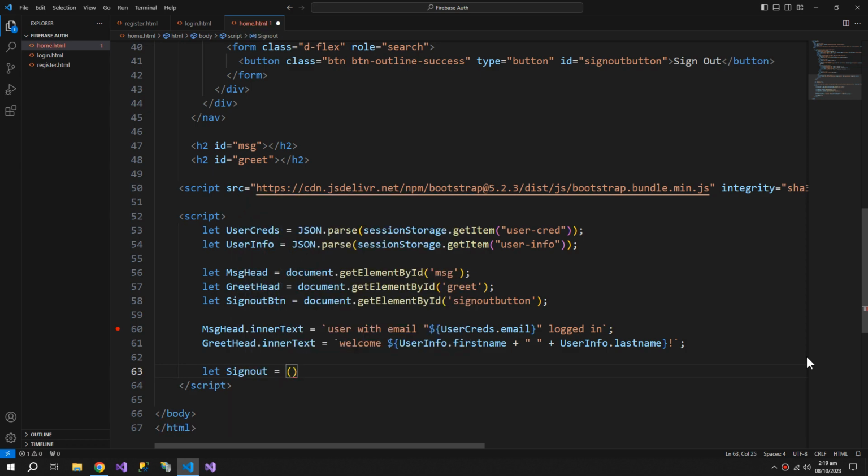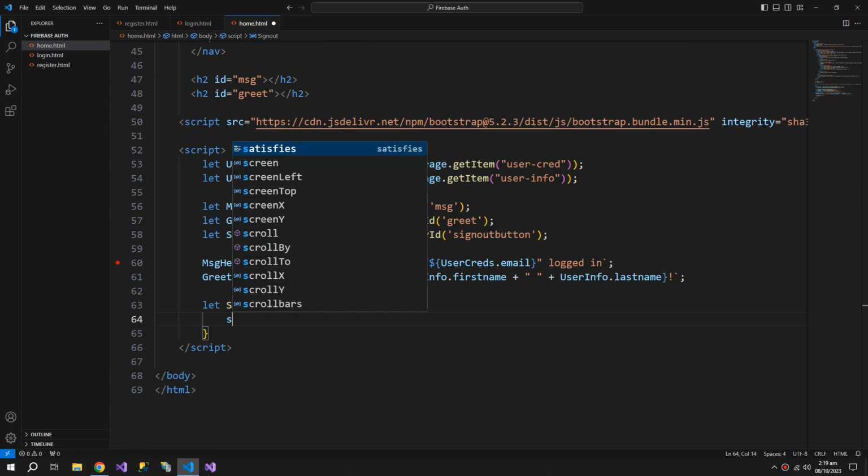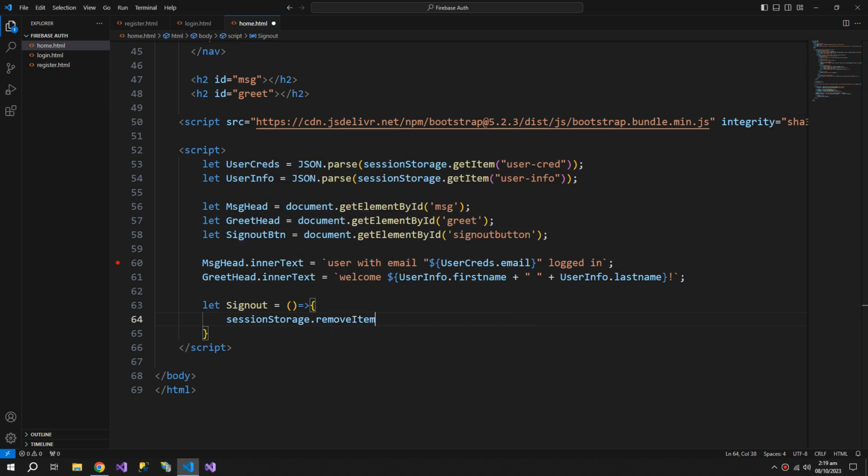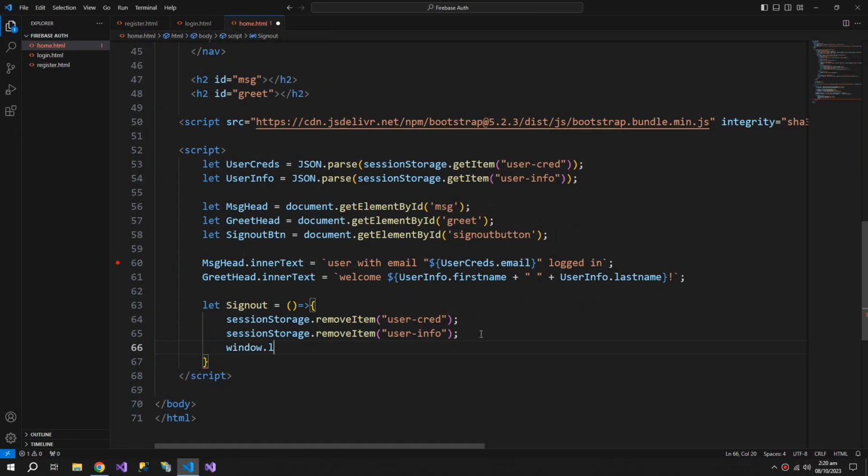So arrow function, and the sign out function is quite simple. We will just remove the items from the session storage. Then we will change the window dot location to login dot html,